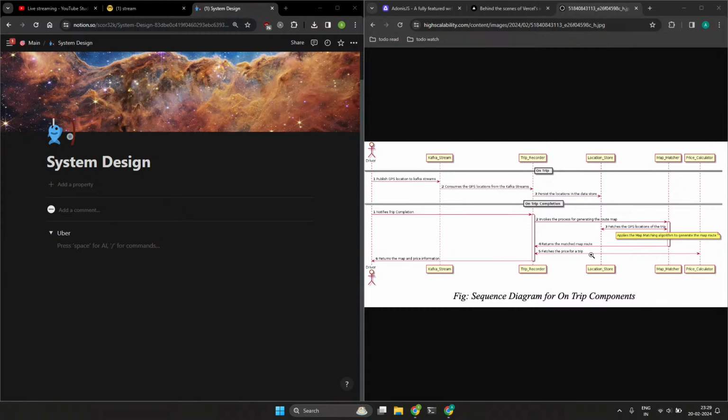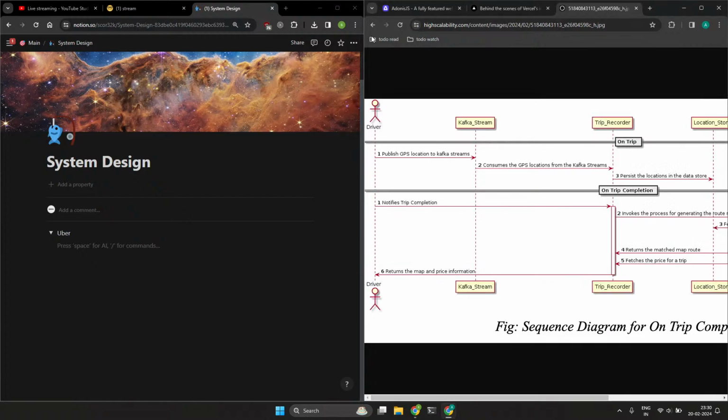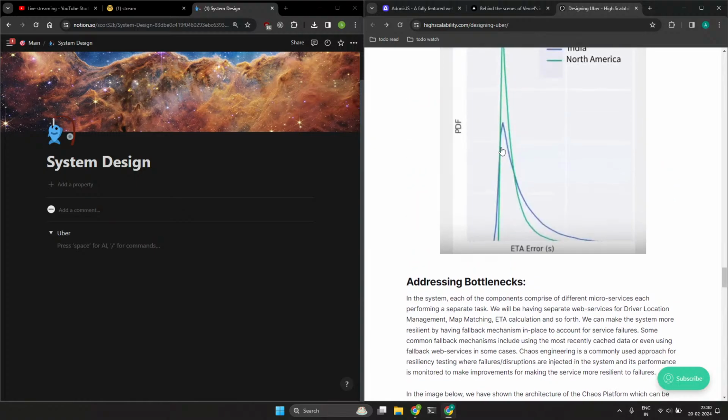Okay, there's the price of the trip. Return the map and the price information to your Kafka stream. Then we have